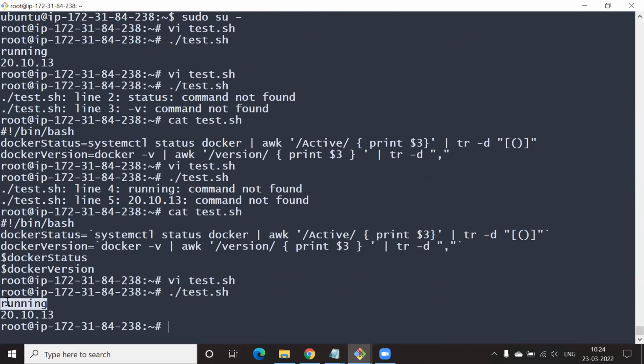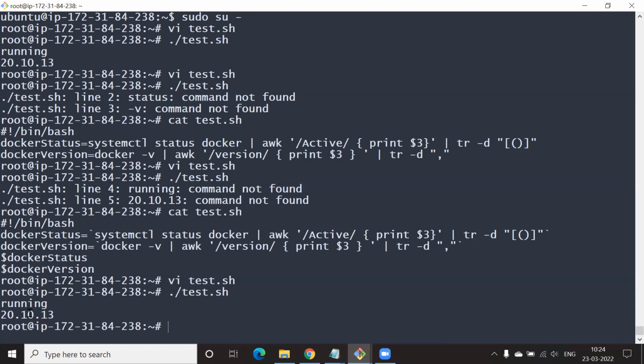Yeah, this one. Okay, so let's see. Okay, as simple as that. So that's how we're referring to the variables. And let's see what we have.